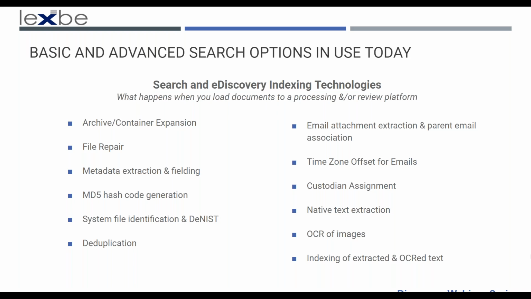Your platform typically has built-in file repair. So if there is any low-level corruption in the documents that you're uploading, oftentimes the platform will be able to repair those. It's going to extract all your metadata and your fields, all your dates, all of your sender information, your date last modified. All of those things will be extracted and placed in the correct field. It's going to generate your MD5 hash code, which is helpful for identifying duplicative documents. And that's typically how you will run your deduplication on the documents that are uploaded, using this MD5 hash code. That's like a document's fingerprint. Each document has its own individual fingerprint, and if a document is the same, it will have the same fingerprint.